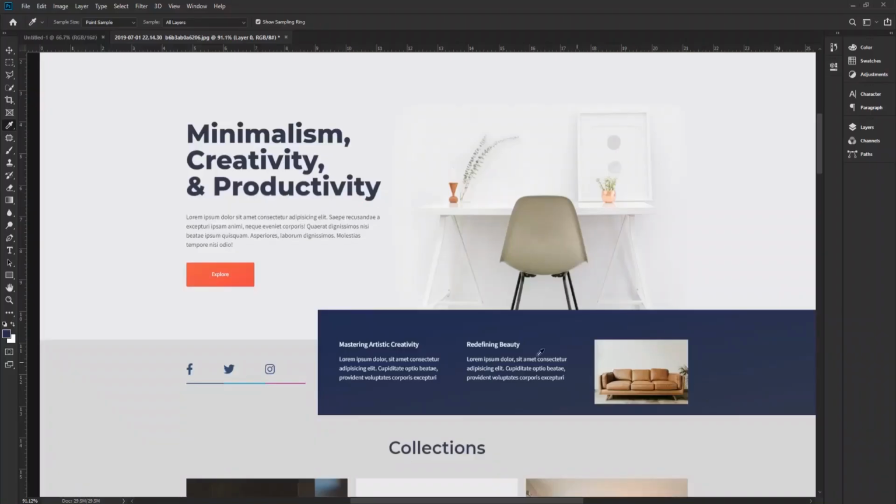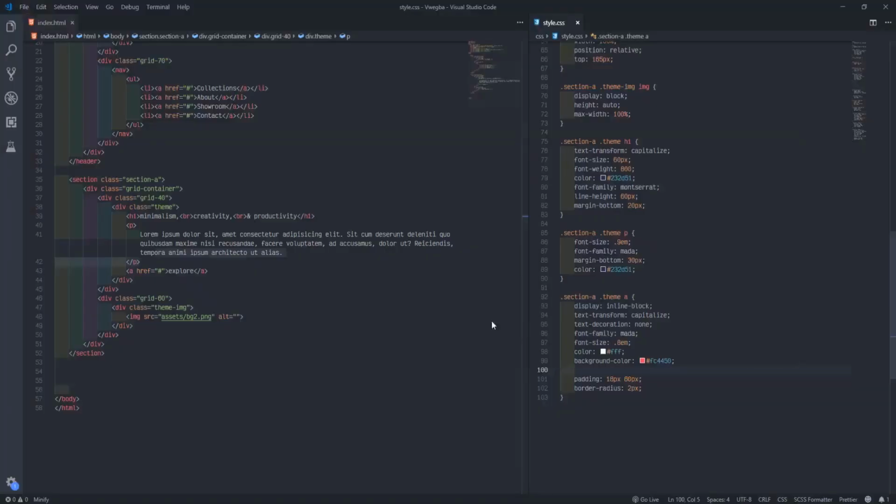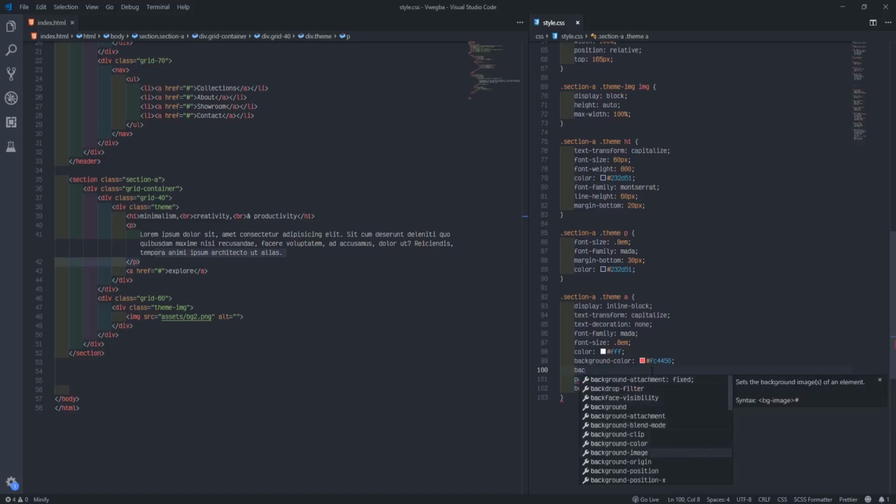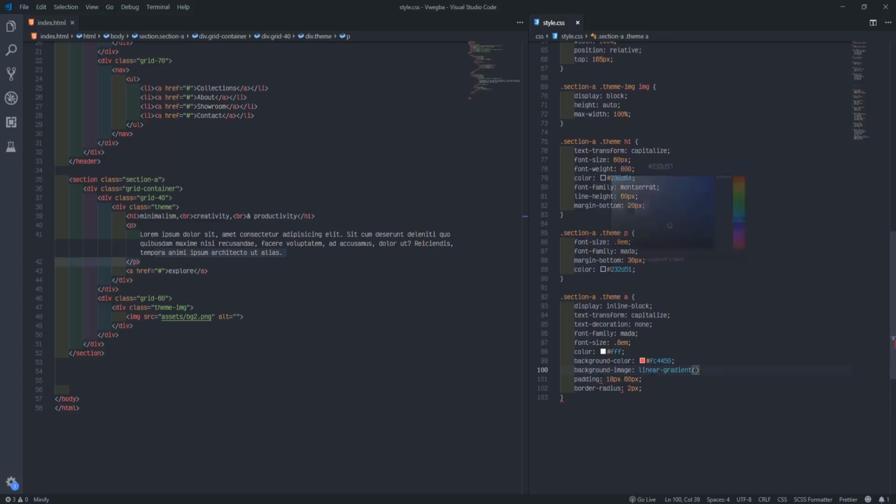background image. I'll say background image, then linear gradient. Yes, linear gradient. We'll just put 2 different colors first.